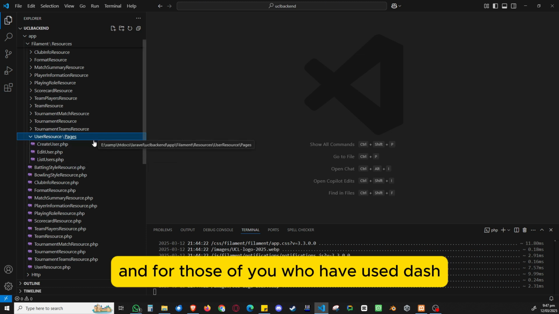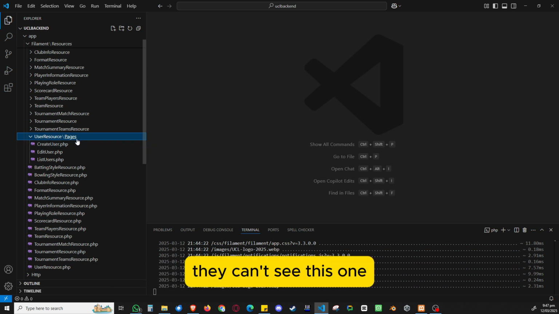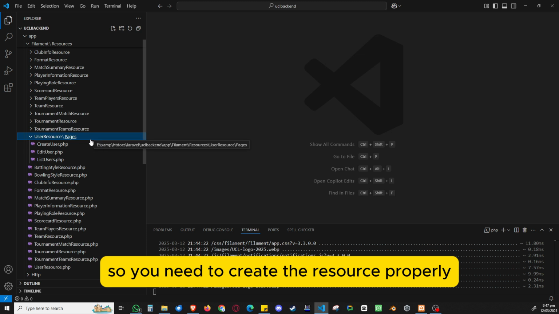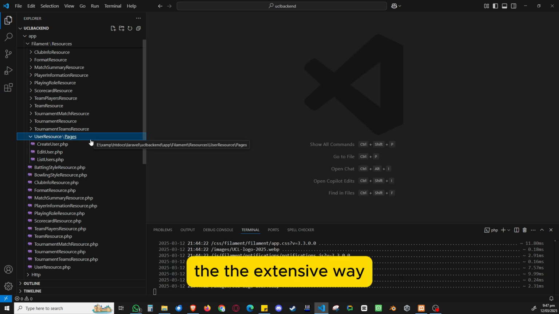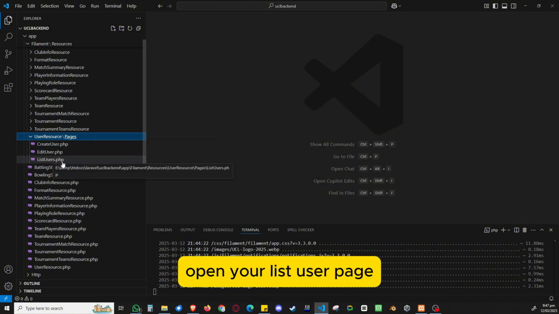Now, for those of you who have used a simple resource or who've used a model, they can't see this one. So you need to create the resource properly. The extensive way, we will cover in the coming tutorials as well. Open your list user page,